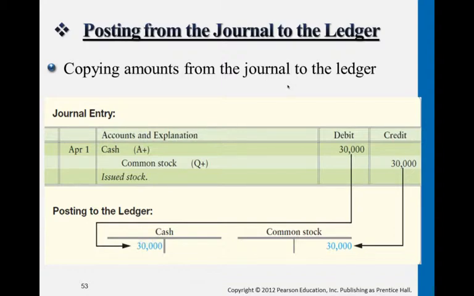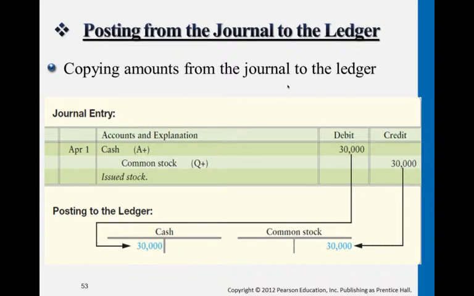And we just simply copy and paste the left side of that account to the left side of the T-shaped account. Right side, credit side, to the credit side of that account. Okay, so that's really all it is. We identify journal entries, the accounts affected, and just copy and paste the same information to the T accounts that